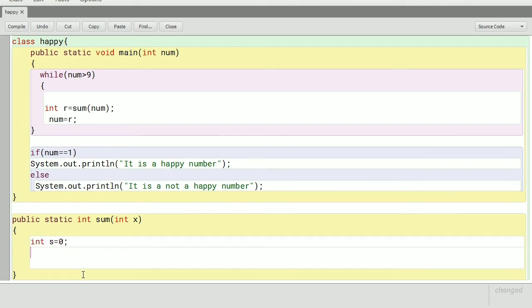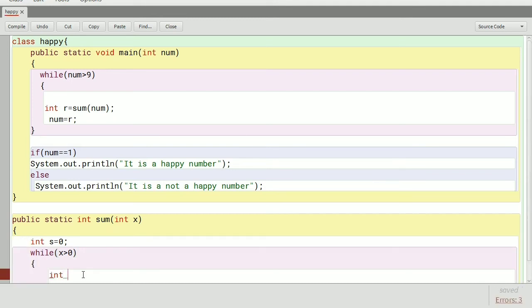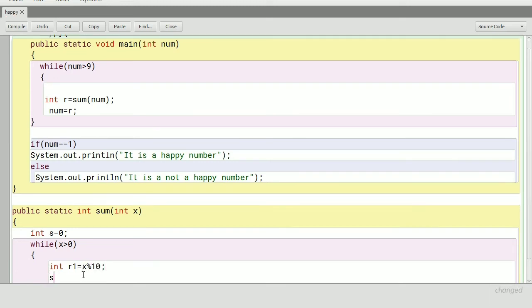Then the digit extraction logic, that is a while loop, x is greater than 0. Then the remainder: x modulo 10 will give the last digit, that you have to add to s. s plus is equal to